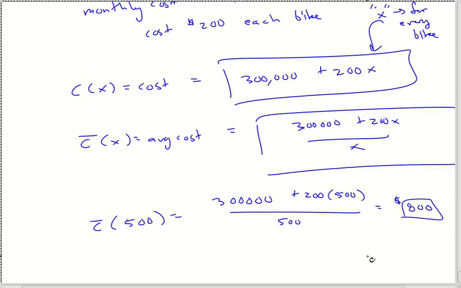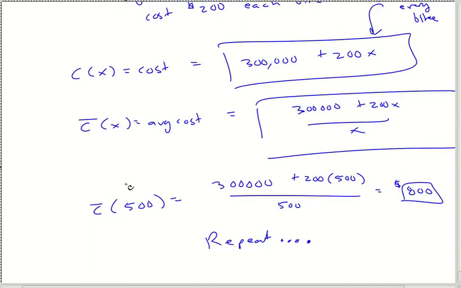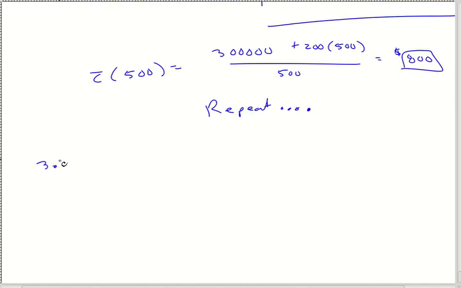Okay? And then you just repeat this again and again. They're going to ask all these other numbers like, what if you make 1,000 bikes? What if you make 2,000 bikes? Plug it in, plug it in, plug it in. Okay. Last problem,